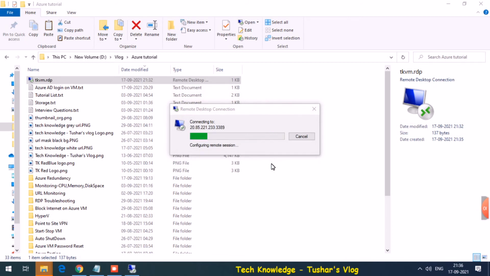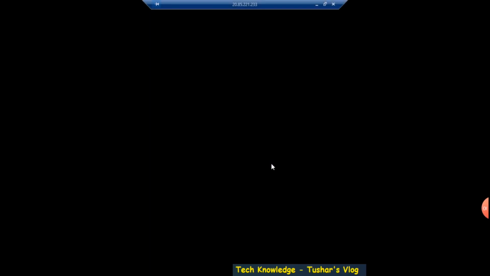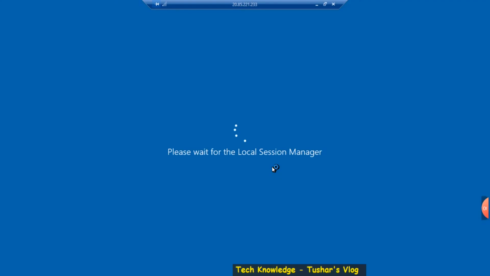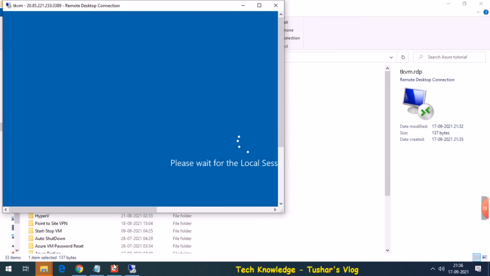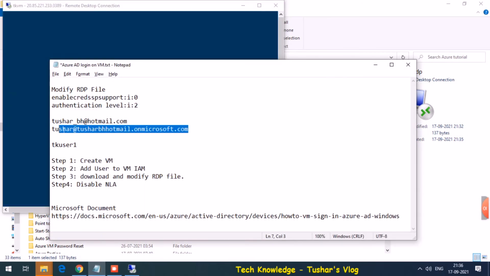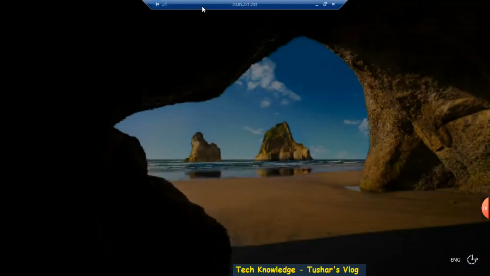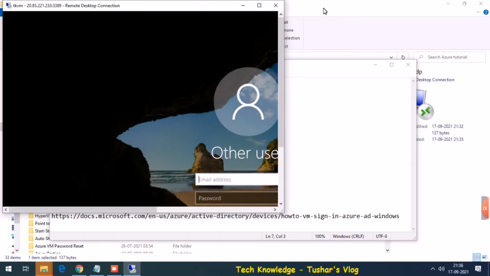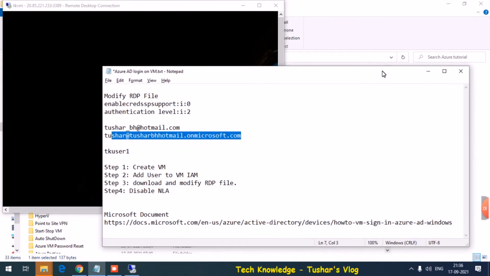By modifying the RDP file, it takes me to the Windows login screen directly instead of asking me username and password on the RDP screen. So the username we had was this, and you cannot copy paste the username from this screen. So let me type it out.